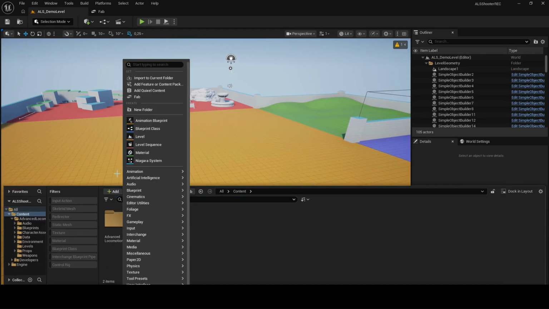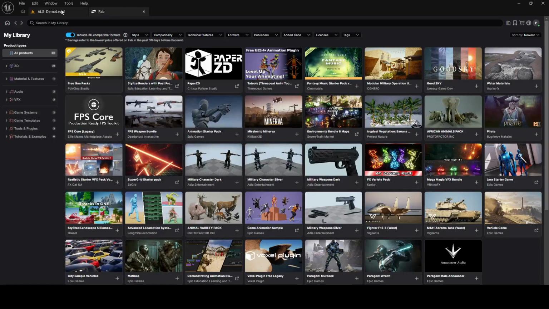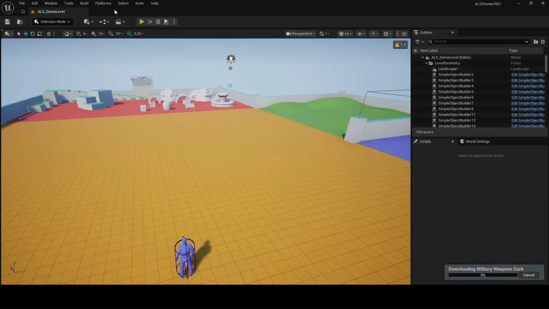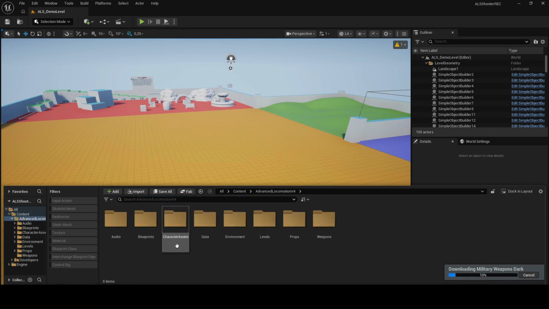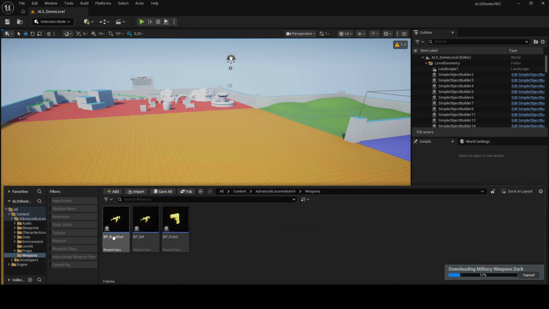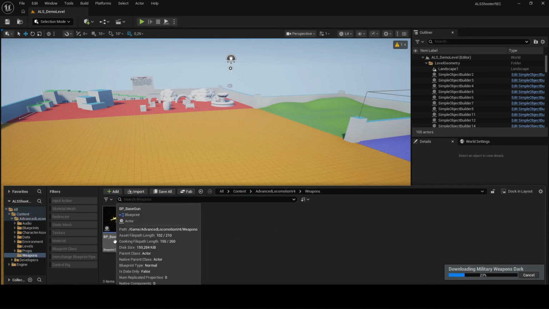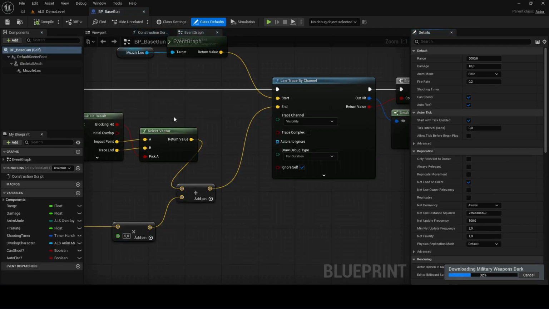So you can go to Add and Fab and add the Military Weapons Dark pack. I already have it in my library, so I'll just say add to project. While it's downloading, we can open up the weapons, the BP_BaseGun,